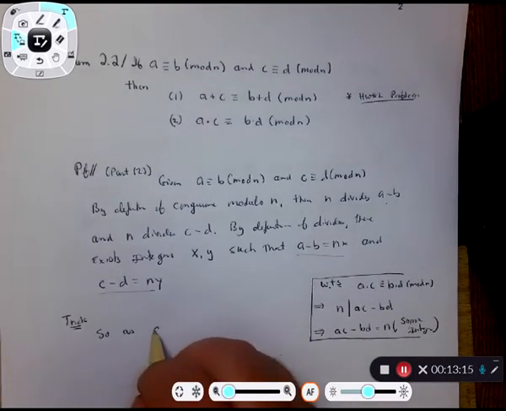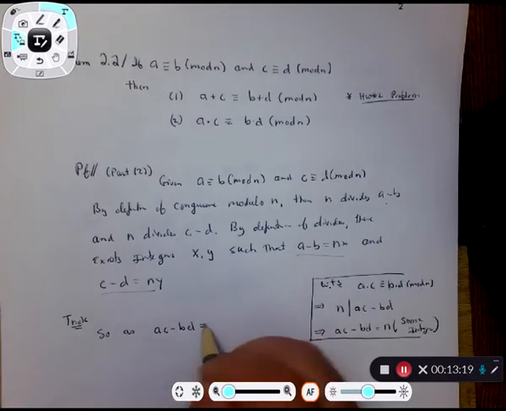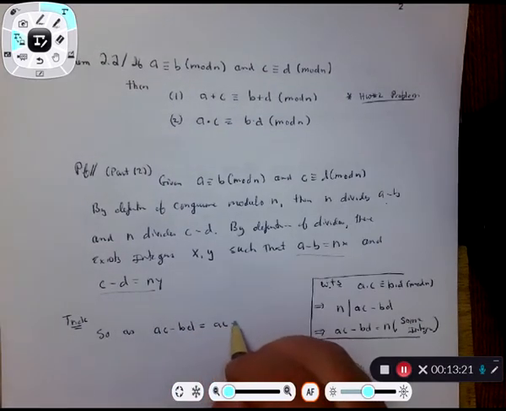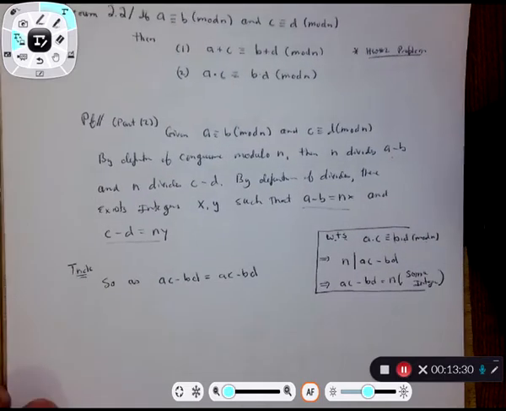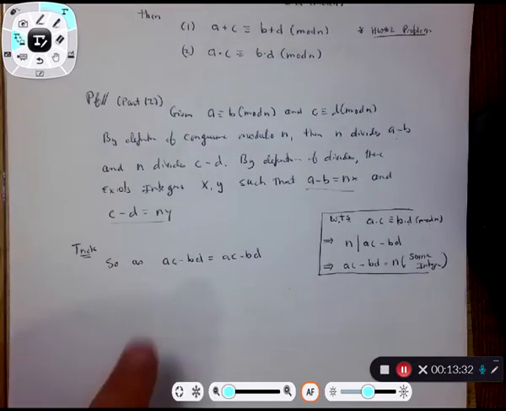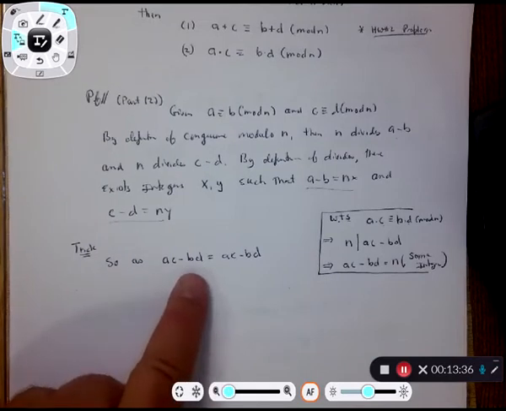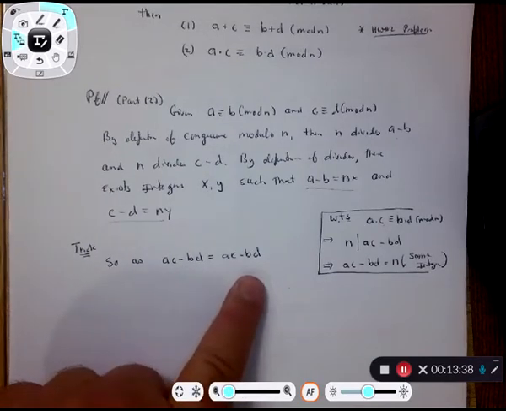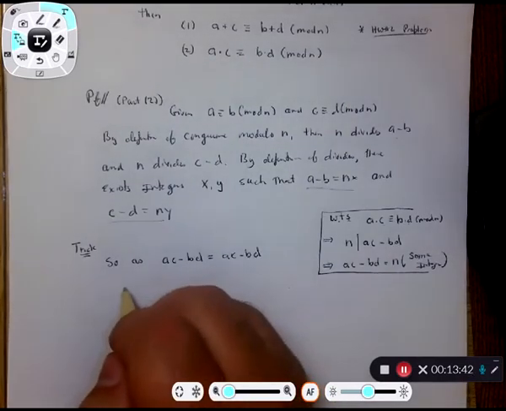So A times C minus B times D is equal to A times C minus B times D. That's officially the reflexive property. You're equal to yourself. Okay? No one can argue this. X equals X. AC minus BD equals AC minus BD. But here comes the trick right here. Thus,